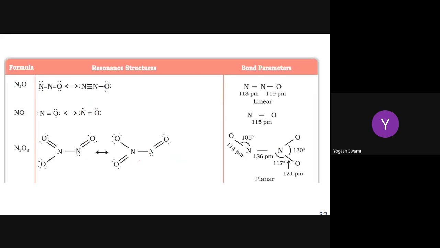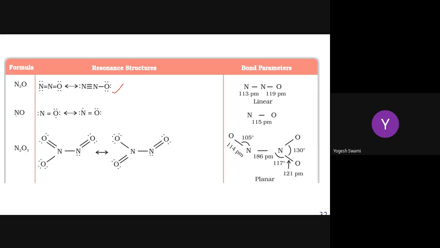The structure of nitrogen oxides. The first one is N2O. Look, all the structures are formed in complete agreement with your Lewis dot structures. Nitrogen is bonded with nitrogen. And now look in this structure: nitrogen has formed 4 bonds. It is possible, nitrogen can form 4 bonds, because nitrogen is present in the second period of the periodic table, and elements present in the second period can increase their covalency up to 4.